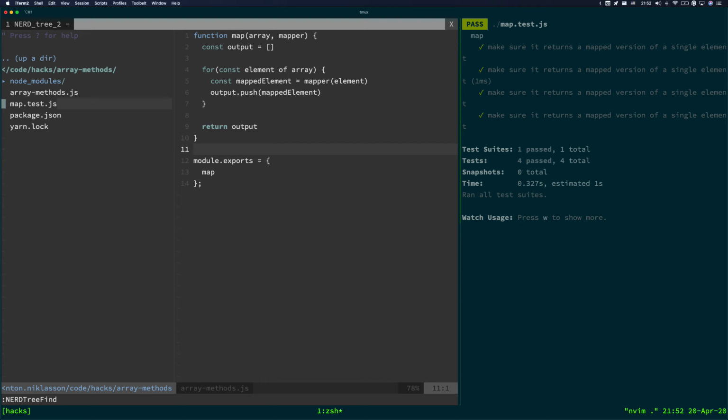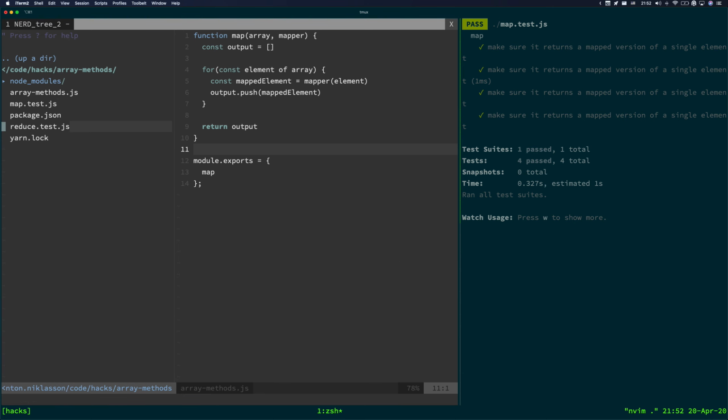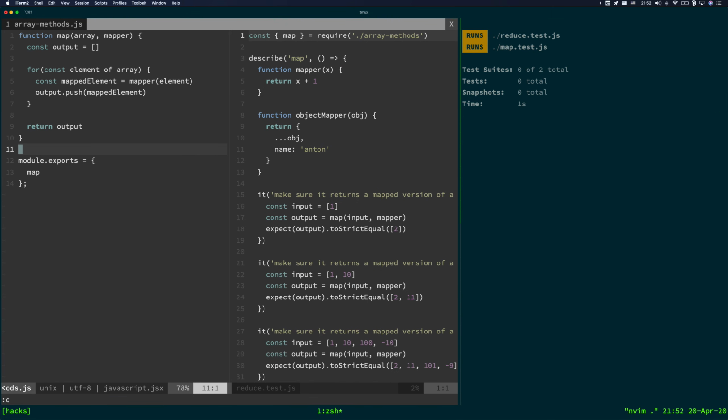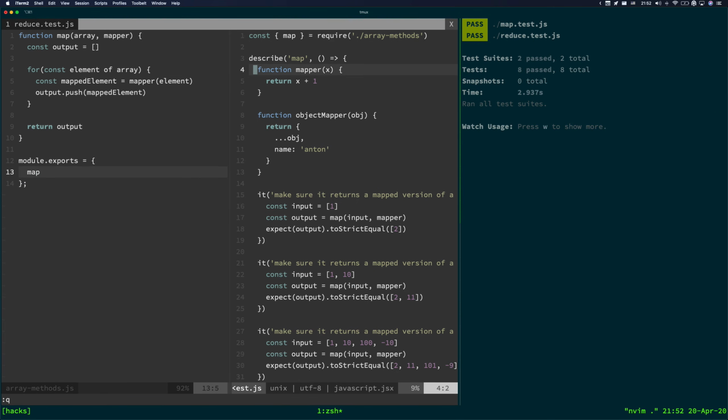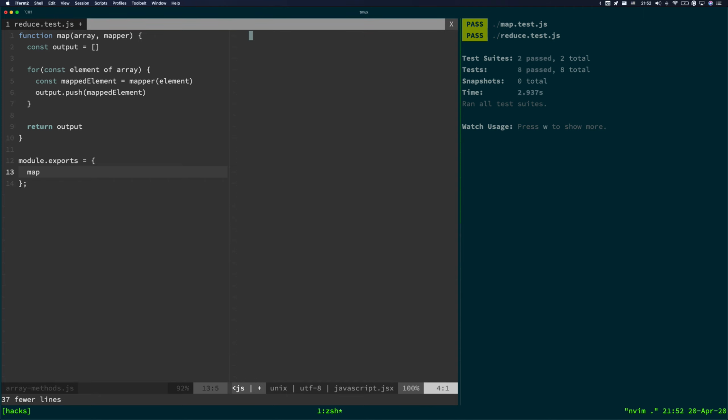So I have a test file for map here. So let's copy it and name it reduce.test.js instead. Open it on the side here. And we could actually delete all of this and just name it reduce. Make sure we import reduce instead. So for our first test case,